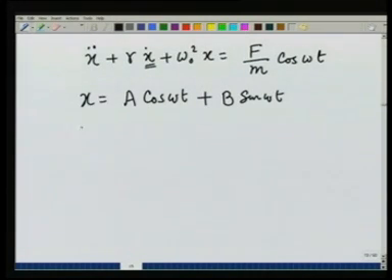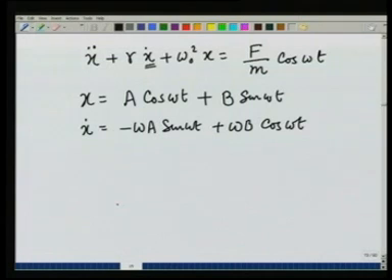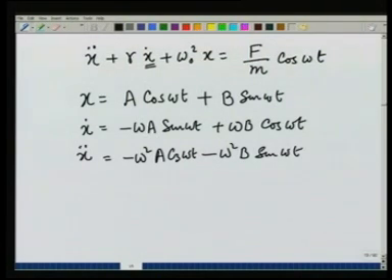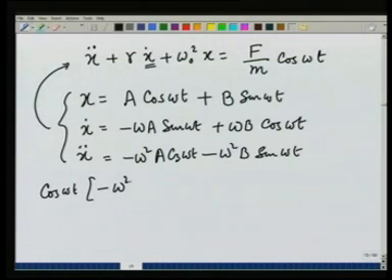So, let us put this in here. x dot would then give me minus omega a sine of omega t plus omega b cosine of omega t, and x double dot is equal to minus omega square a cosine omega t minus omega square b sine of omega t. When I substitute these three in this equation, I am going to collect cosine omega t and sine omega t terms together. I am going to get cosine omega t times minus omega square a